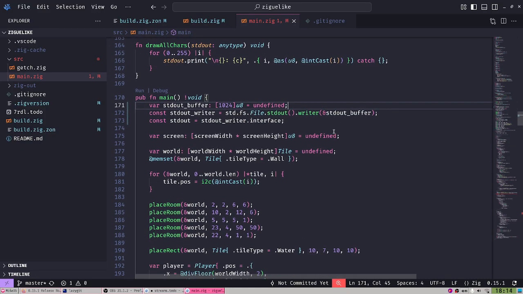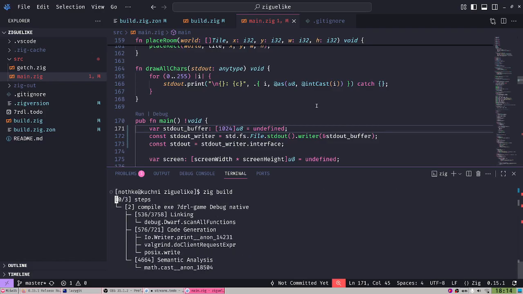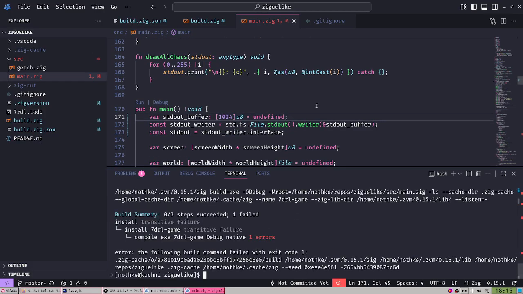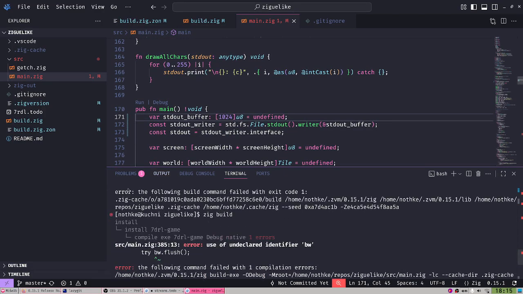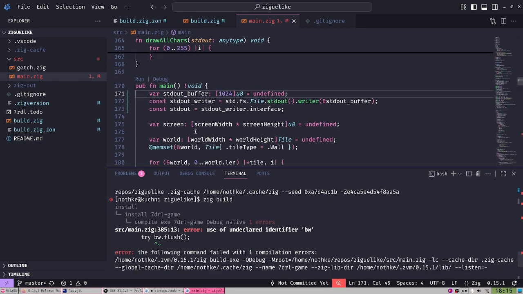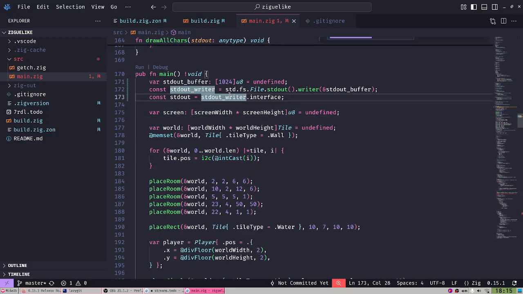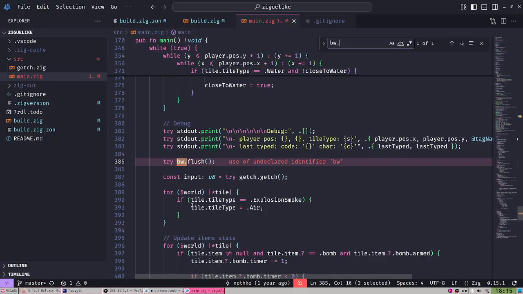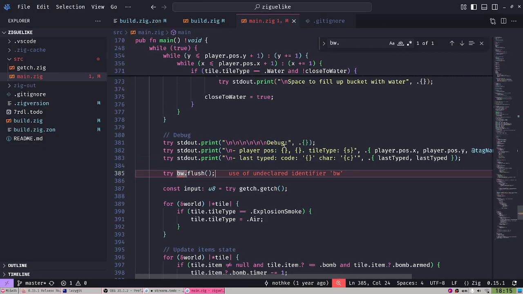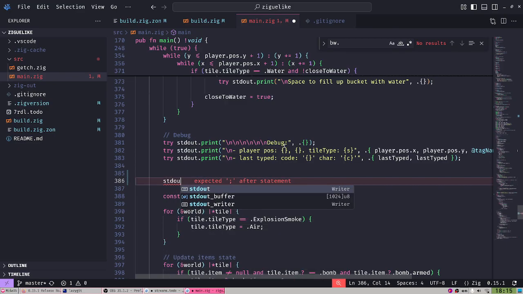But let's see if we have any other issues. And yeah, maybe I'm supposed to make it bigger because it is writing a lot. Use of undeclared identifier bw. Yeah, because we also don't forget to flush. We have forgotten to flush. Of course, we don't have this, but we do have the std flush now, and we have the stdout.